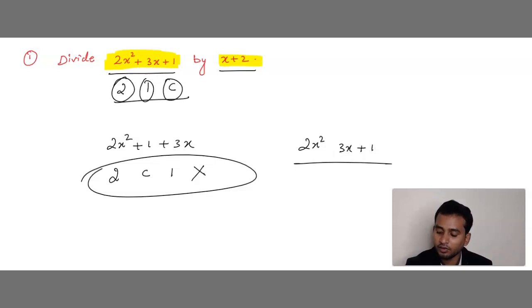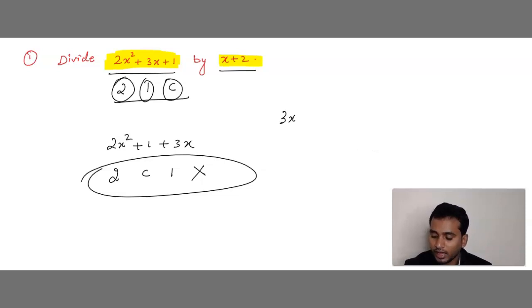Similarly, I can give you one more clue. Suppose we have 3x cube plus 2x minus 3. So what is the highest degree? 3. What is the next degree? 1. What is there? Constant. Is it in the standard form? No, it is not in the standard form because after 3, 2 should come, but 2 is missing. Highest degree 2 is missing. Right? In that case, what should you do?